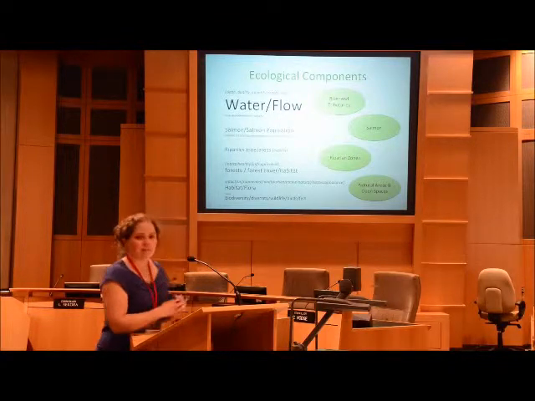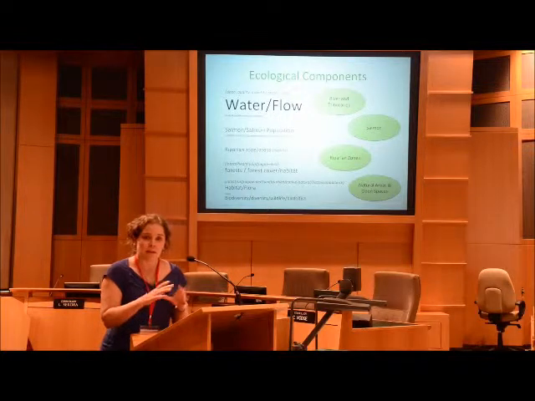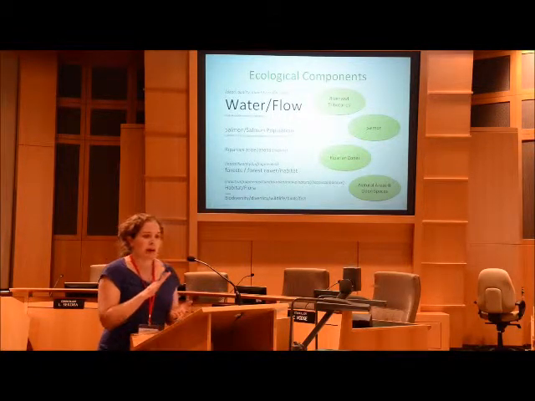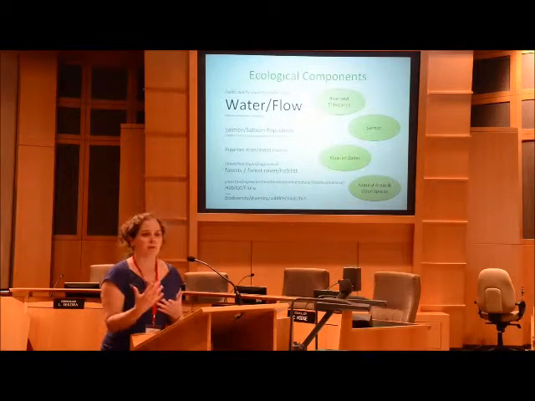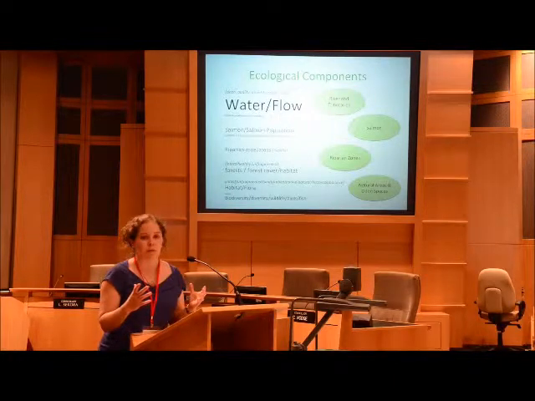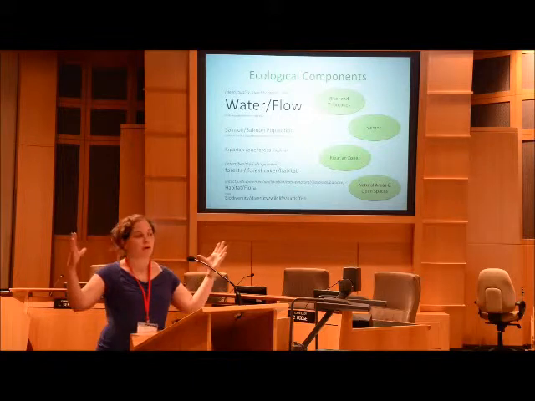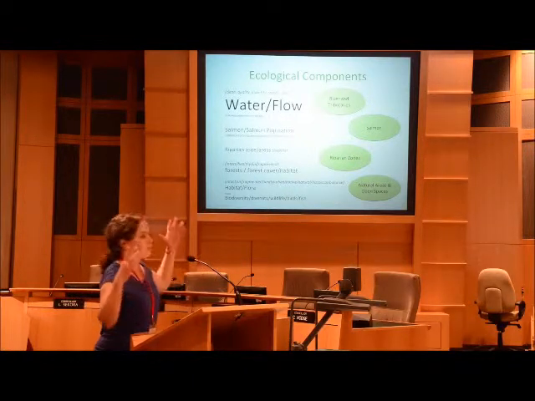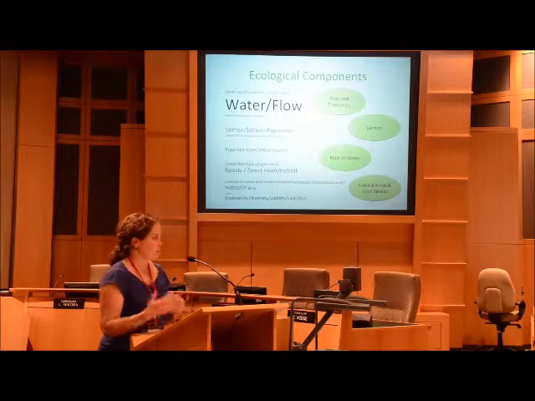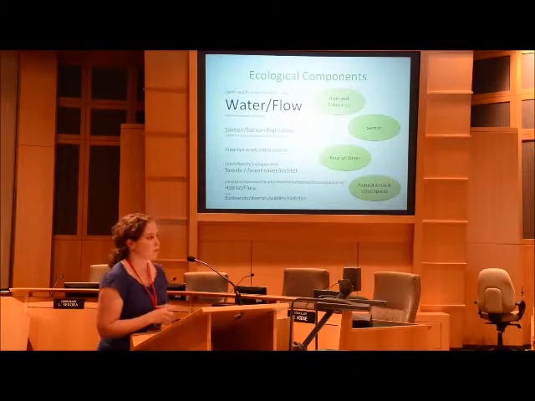So same thing with salmon, it became its own component. Riparian areas came up quite a bit, and that has been defined as its own component. And then forests and forest cover, habitat, flora, fauna has been grouped under a 4th component called natural areas and open spaces. And I also just want to mention that biodiversity is sort of the overarching concept behind all of the ecological components. So together, your components are meant to incorporate all aspects of biodiversity. That's why you don't see that one separated out as its own component.